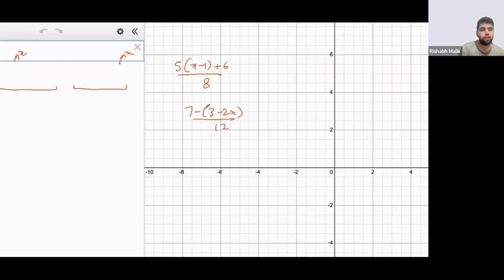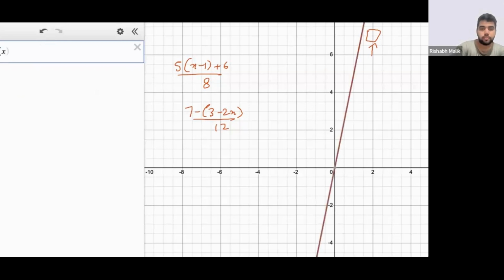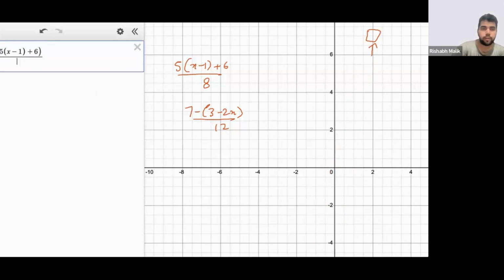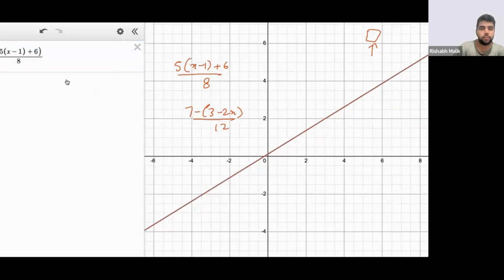Okay, here. So I'll plug in these values in this calculator. And actually this is given in the College Board app itself. There's a button on the top right. Whenever you're giving the test, click on this, and the same window appears there. So it's going to be 5 times (x minus 1 plus 6), I'll put this in a whole bracket, over 8. So I can see the plot here for the first one. Then when I plot the second one, I'll have 7 minus brackets 3 minus 2x